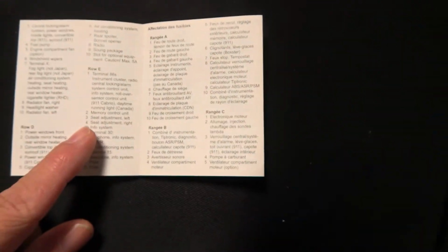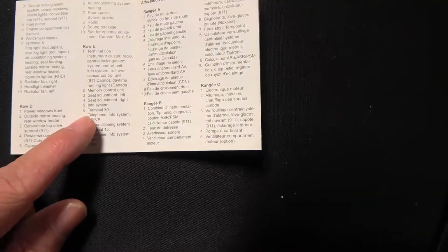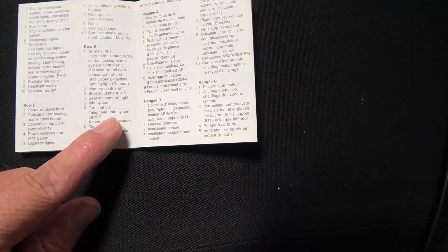But if you look in the fuse chart for the vehicles, Echo 6 is terminal 30, telephone info system. So it's not really marked for what we're using it for. It's marked for the telephone and the info system. So what happens a lot of times